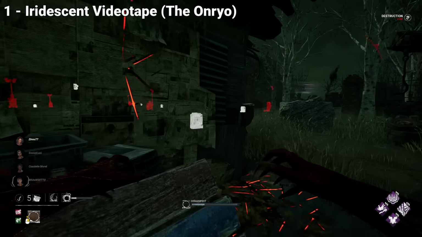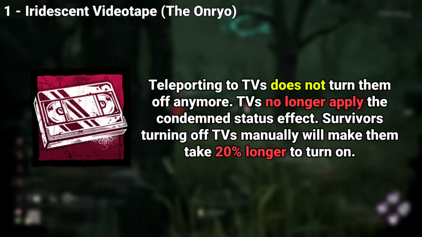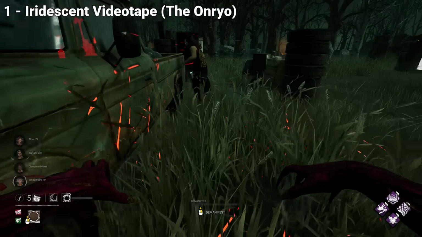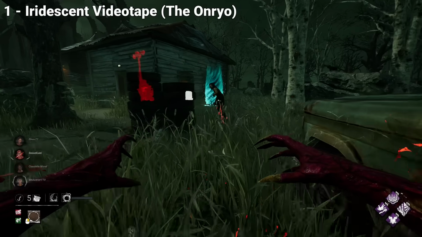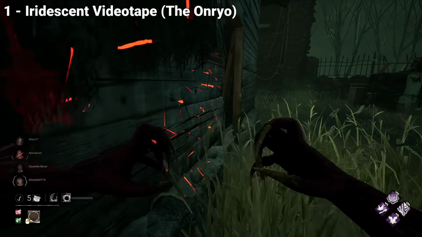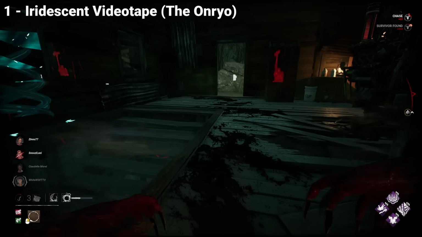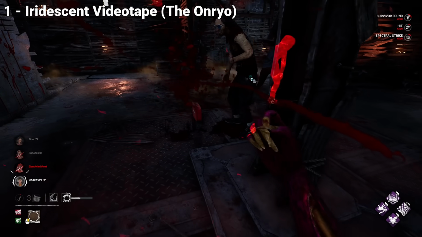Iridescent Tape for Sadako. And finally, in my opinion, as the absolute worst Iridescent add-on in Dead by Daylight, we have the Iridescent Tape for Sadako, and this add-on is genuinely terrible. Back in the days, this add-on was one of the best she had, as it turned the TV back on anytime you hit a survivor after manifesting, giving her an incredible map presence and mobility at almost all times. The essence of the add-on is not lost, as now, this add-on will allow Sadako's TVs to be on, instead of turning off anytime you teleport to them, but at the massive cost of completely removing your condemned status effect